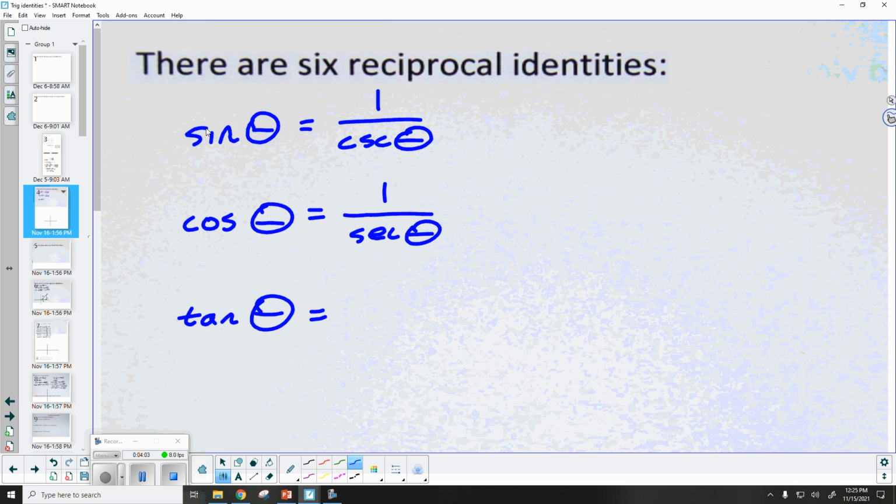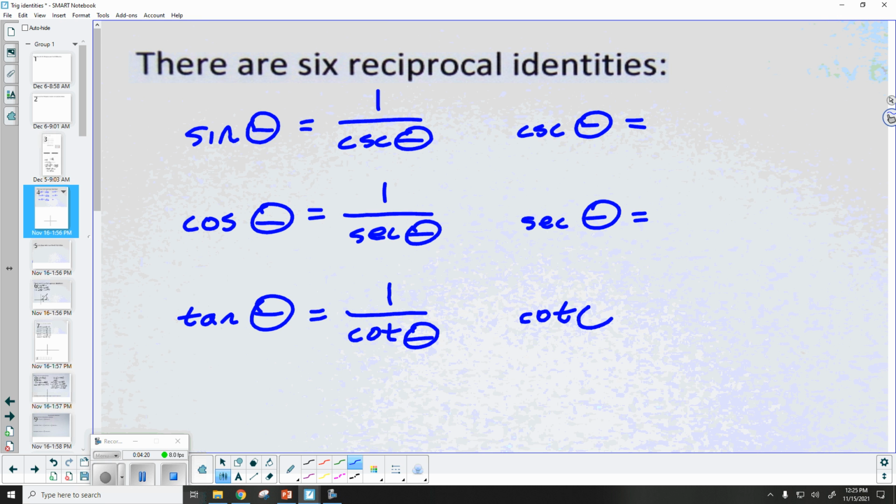Tangent and cotangent are going to be reciprocal, so I can say tangent of theta equals 1 over cotangent of theta. And then we're going to be able to do the exact same thing with the remaining 3 trig functions. So let me go ahead and write those out. Cosecant of theta, secant of theta,